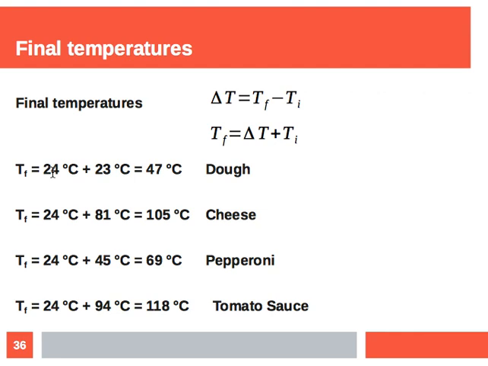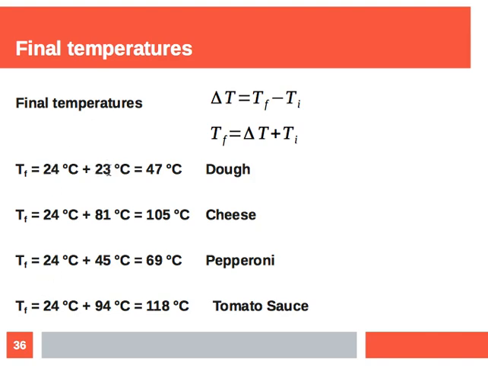Let's imagine that we started off with 24 degrees Celsius, a good ambient temperature, not very cool from the freezer. It's pretty comfortable actually to be at 24 degrees Celsius. Anyways, 24 degrees Celsius is going to be the initial temperature for each substance, and then we are going to